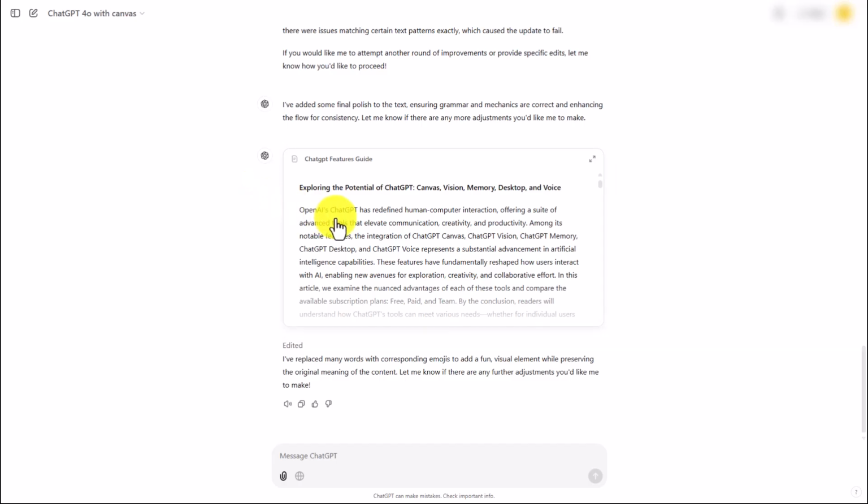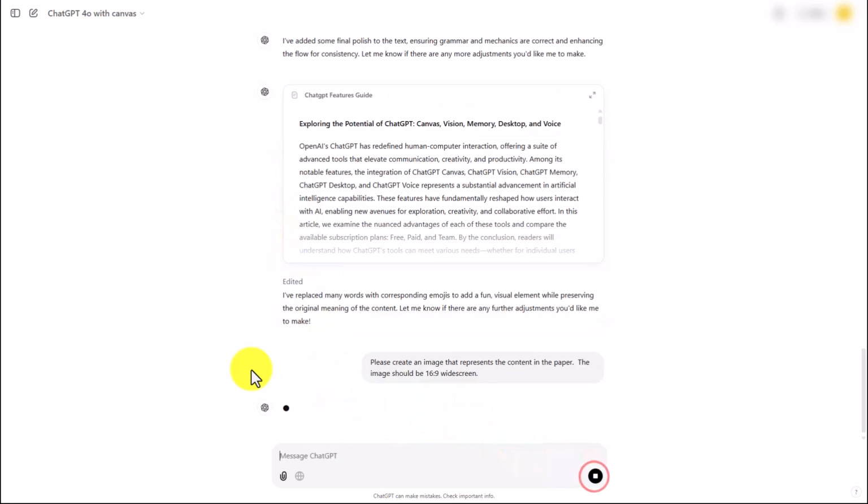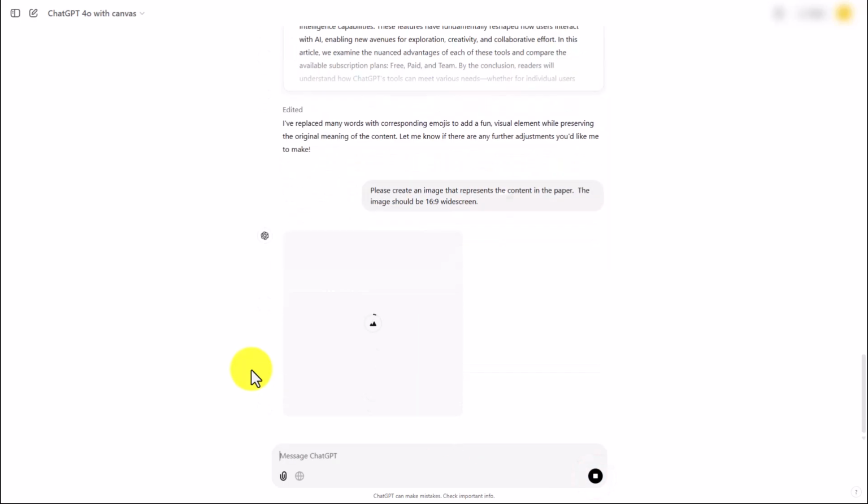Welcome back. What we're now going to do is we're going to use single shot prompting in order to ask ChatGPT to create images that will be covers for both a Word and PowerPoint document. Ordinarily, you would use a structured prompt with all of the elements. However, for the sake of this video, we are going to use an unstructured prompt, and it's going to be a single shot prompt. We are now going to click Enter, and we're going to allow ChatGPT to create the